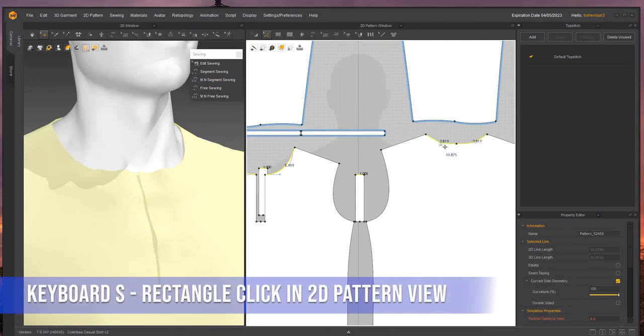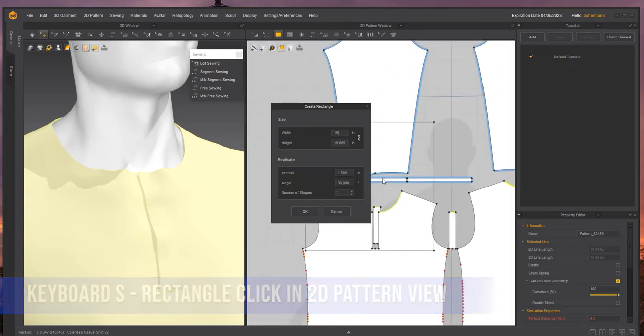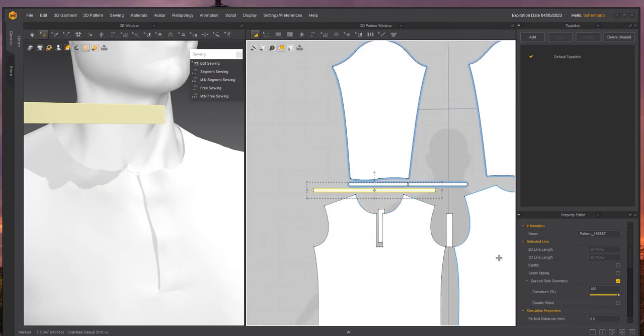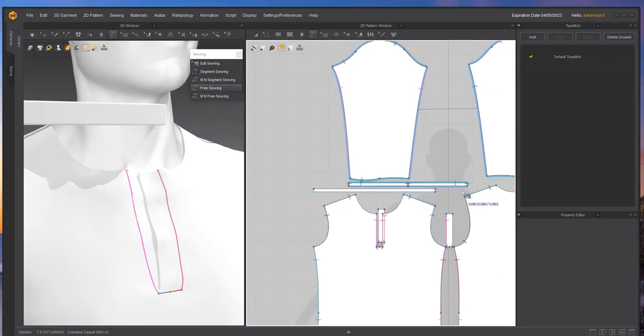So the entire length is 19.875. So I'm going to create a pattern piece that's 19.875, 0.5 inches high. And now I've got to fit that over the collar. So before I do that, I'm going to change my particle distance to 5 and do some additional thickness of 2. And now using the free sewing tool, I'm going to sew this trim